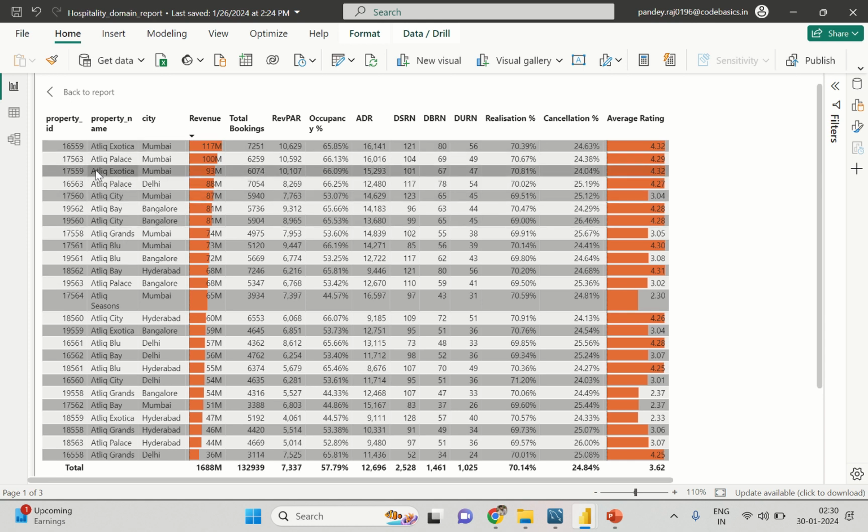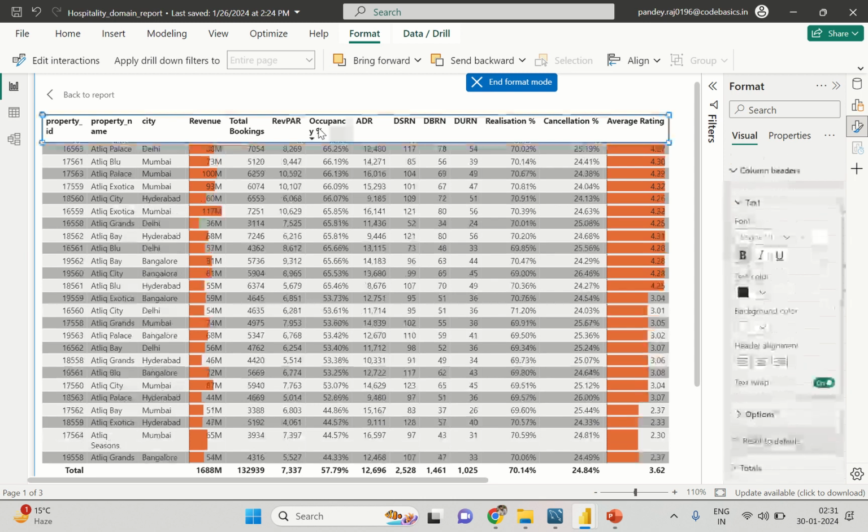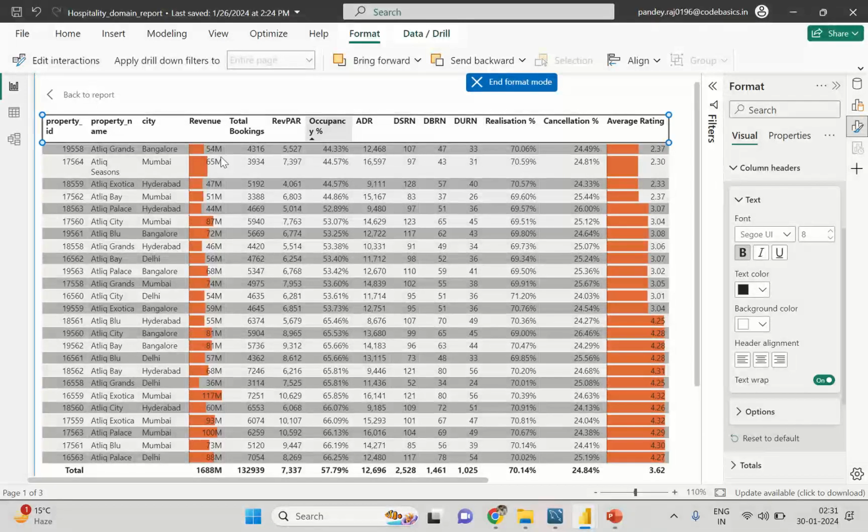So property name AtliQ Grands, we have revenue of 117 million, that is of 3 months, and total booking is 7,251, whereas average rating of AtliQ Grands is 4.32 and cancellation percent is 24%, whereas we can see the highest occupancy is from AtliQ Grands,